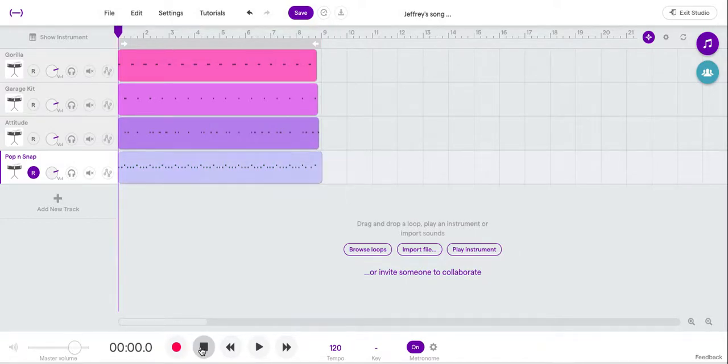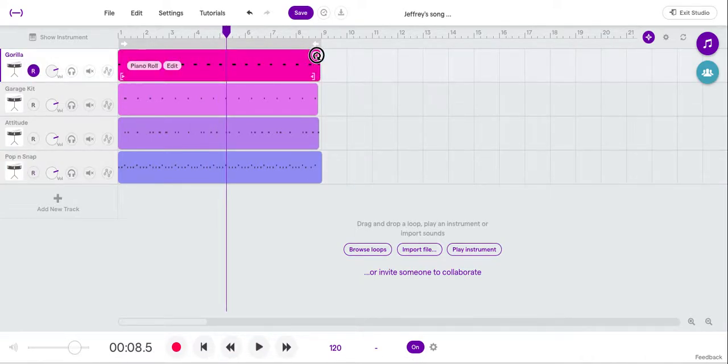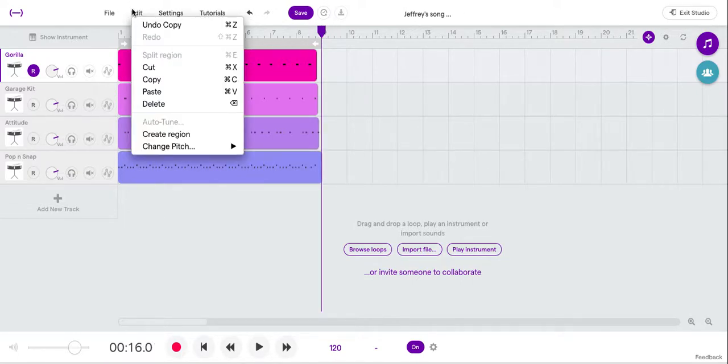Okay, so all together. Alright, so I like that. So now if I want to extend it, okay, now here's the deal. I have a little blank spot here. So if I just pull this way, notice how this first beat right here, this black beat, starts before bar 9, so that's a problem. Okay, so instead of just zipping it over, I need to do my edit, copy, and then click here, edit,